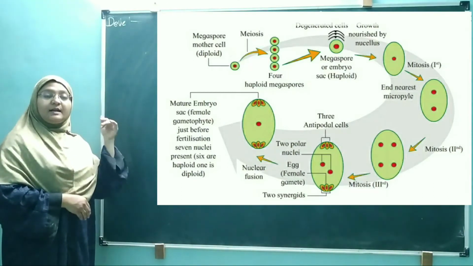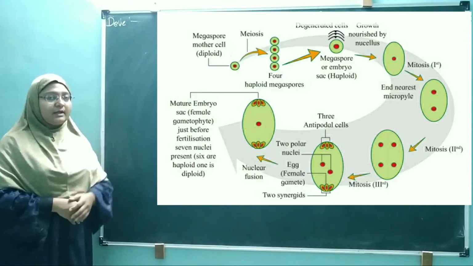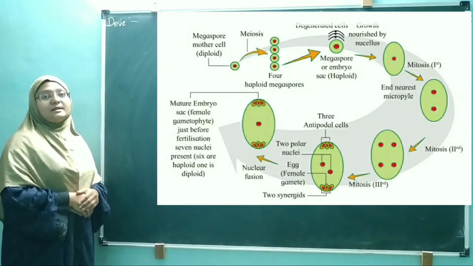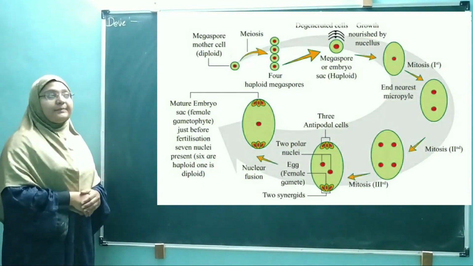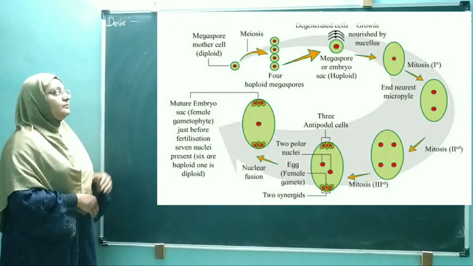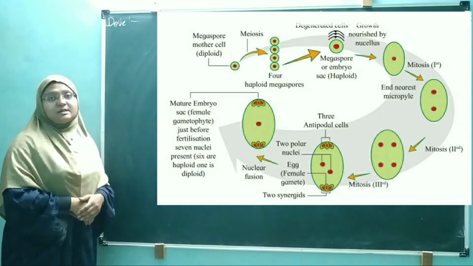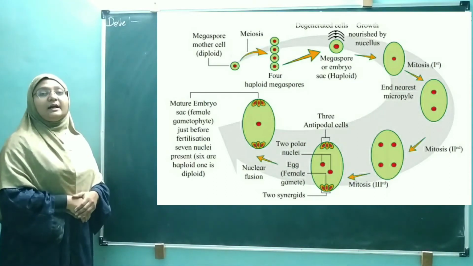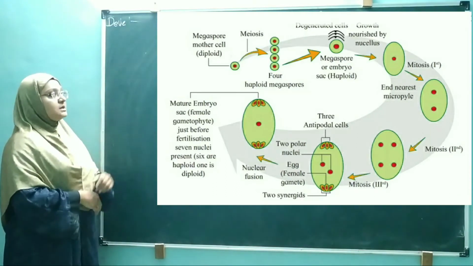एंथर में हम लोगों ने देखा था माइक्रोस्पोर मदर सेल्स, क्योंकि माइन्यूट रहते हैं, ये काफी बड़े रहते हैं. That is called the megaspore mother cells. न्यूसेलस से डेवलप हो गए हैं. These megaspore mother cells later undergo meiosis 1. ये मेगास्पोर मदर सेल्स क्या हो रहे हैं? मियोसिस में जा रहे हैं. They are forming the 4 megaspores.